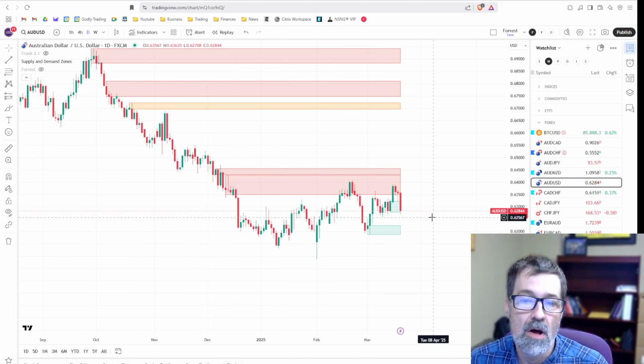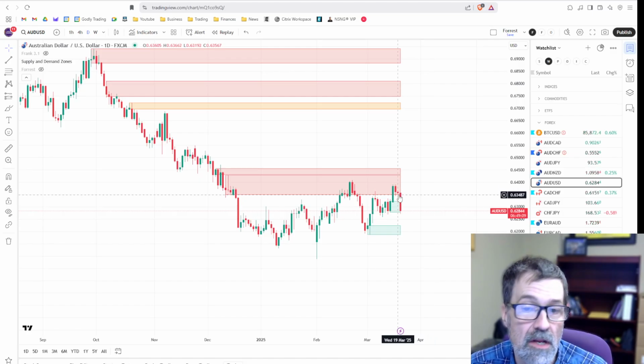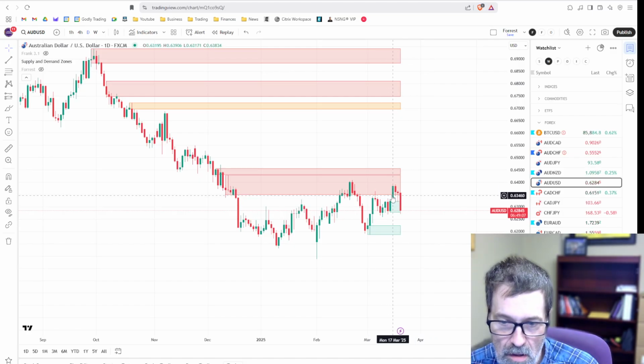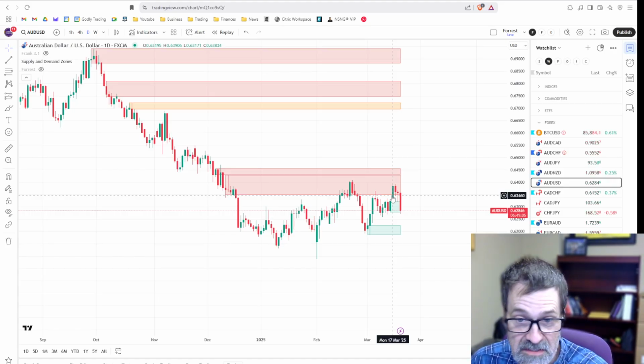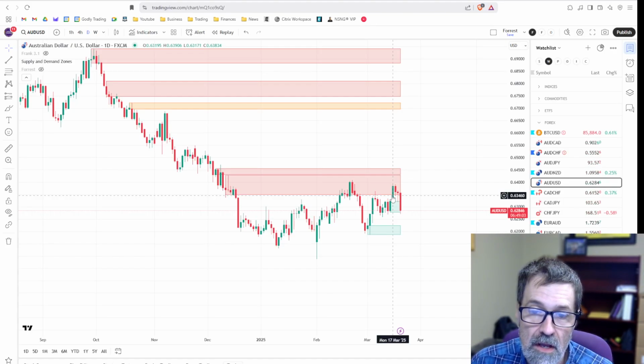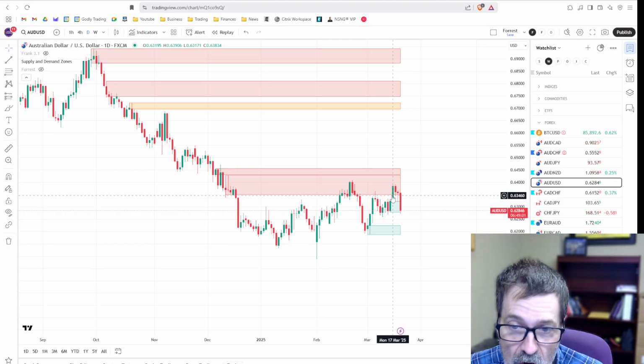What is my opinion on shorting this thing? Well, I would have shorted it yesterday. Actually, I take that back. I would have shorted it on Monday if I was going to short this. If I was going to do anything, I would have waited. By and large, on the daily chart, I'm not doing anything.